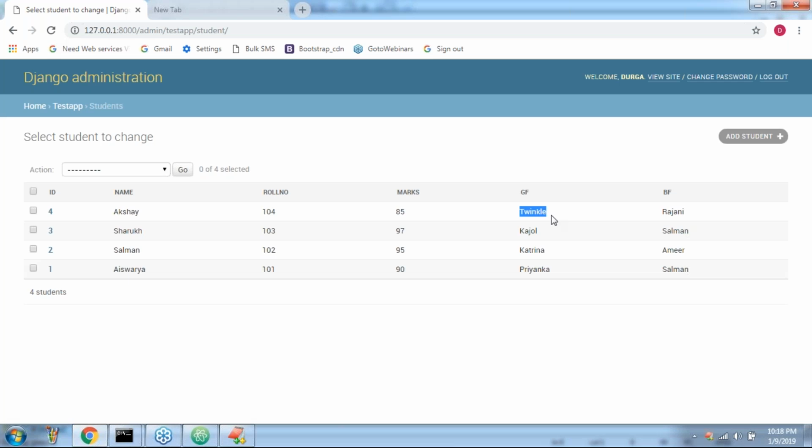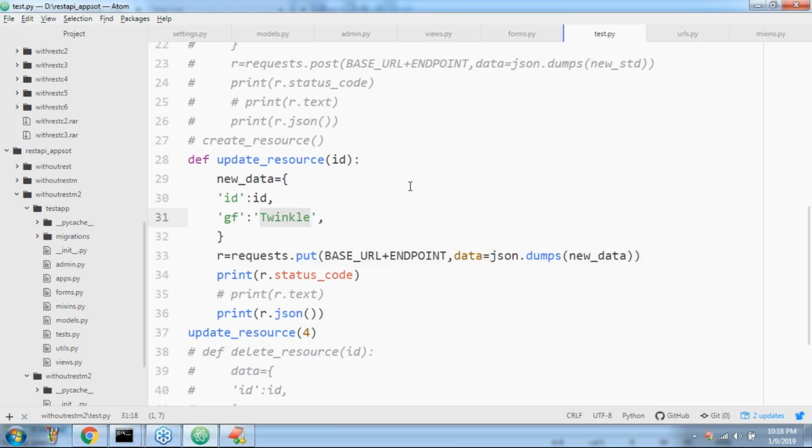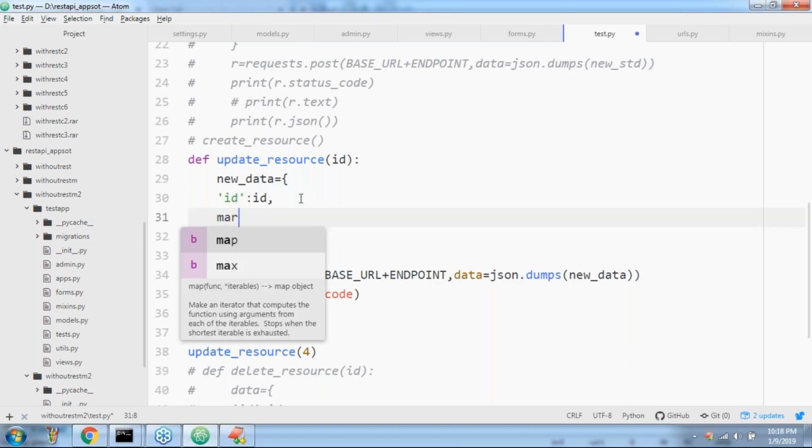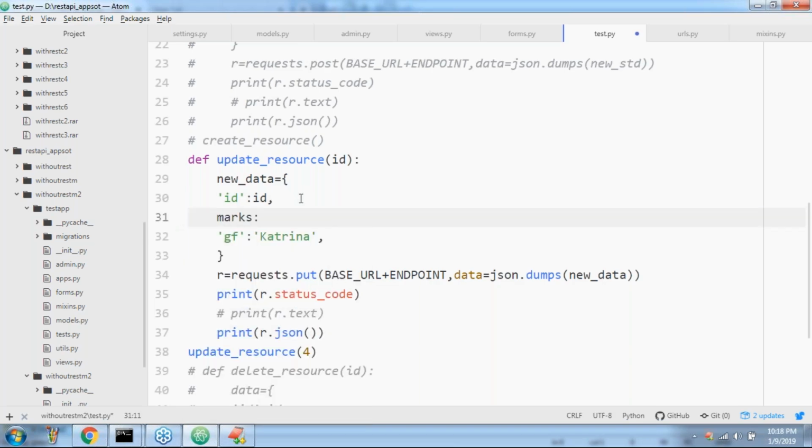Yes, did it get changed or not? Getting, right? Next, suppose I don't want to use Twinkle, sir. I'm using some Katrina as girlfriend name. Next, marks, some 23 marks I'm taking, sir. Can you please have a look once, sir? Marks is 23 like this I'm taking.